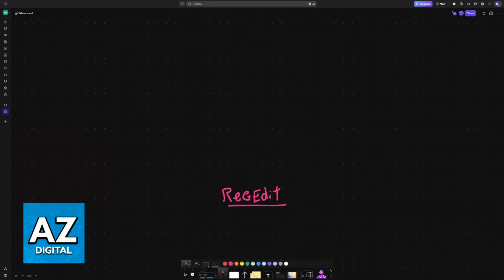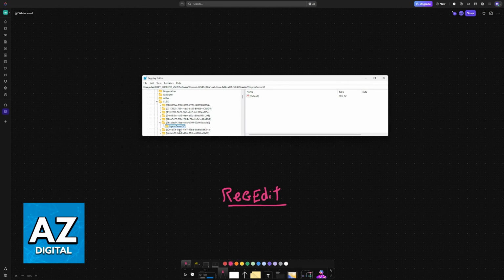Now once you are inside of regedit, you have to go all the way here to CLSID. So you will go from Computer to HKEY_CURRENT_USER, Software, Classes, CLSID. So this is how it would look if you were to do it from the start. You would expand HKEY_CURRENT_USER, then you would expand Software, then look for CLSID like this, expand it, and